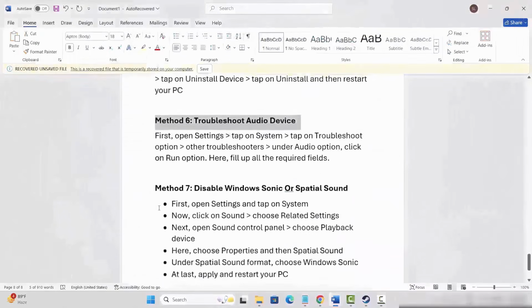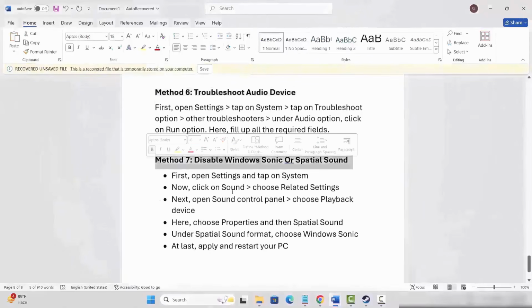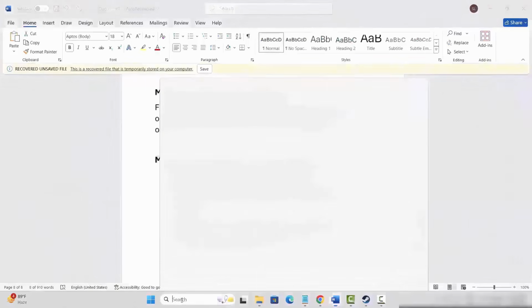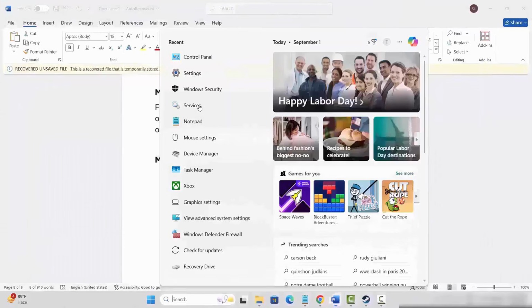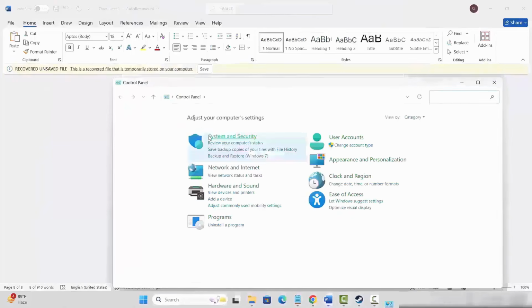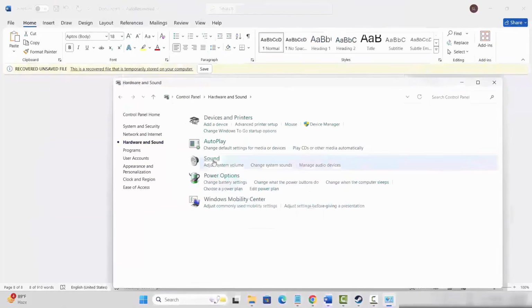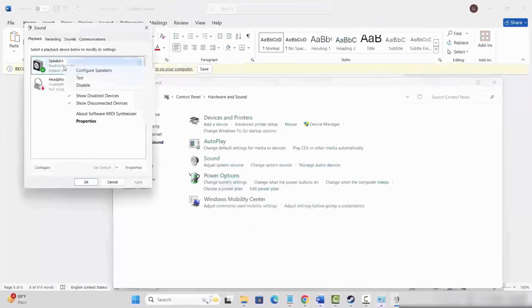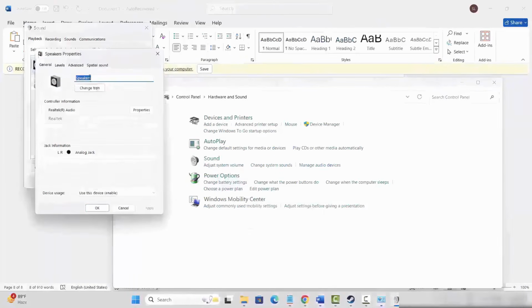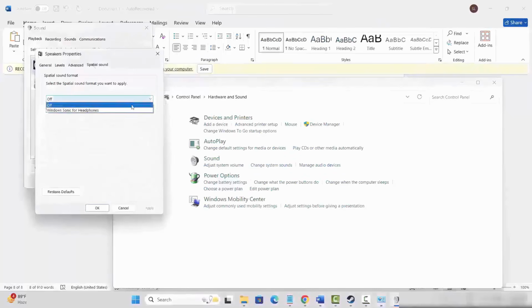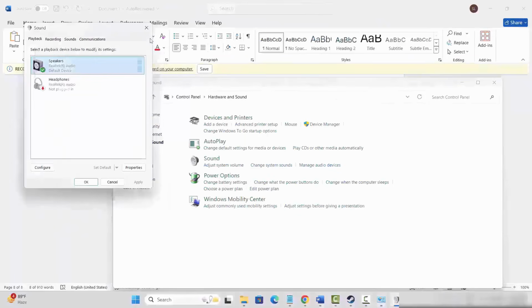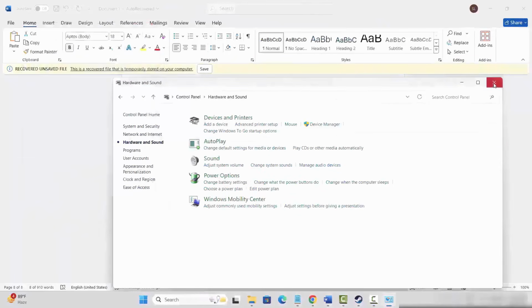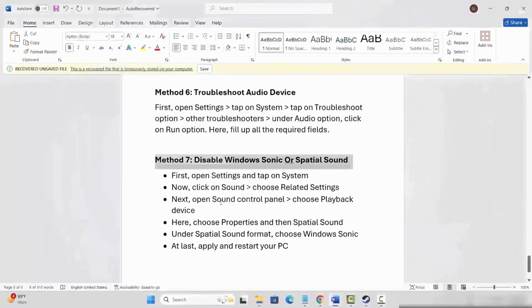If not, next is to disable Windows Sonic or spatial sound. So for that, go to the search option over here, search for Control Panel. Now go below, click on Hardware and Sound, then click on the Sound option. Here select your speakers, right click on it, click on Properties, then click on Spatial sound, and here you need to select Windows Sonic for Headphones, and after that hit Apply and OK. After doing this, restart your system once and then launch the game and see if the sound issue you're facing while playing the game is